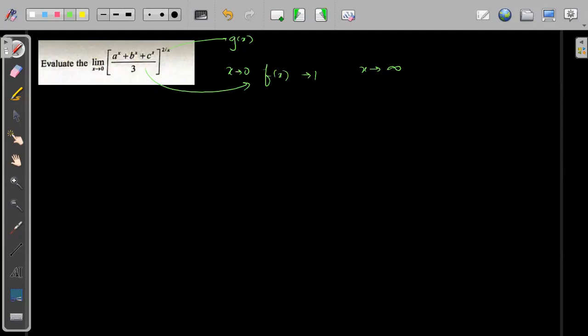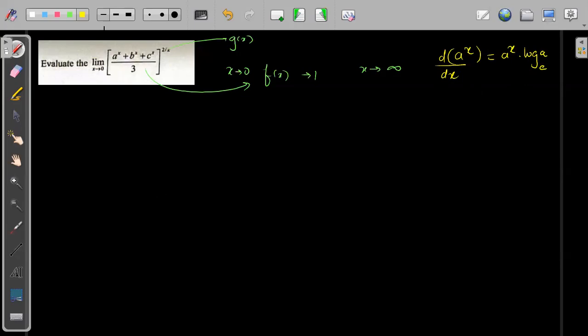Differentiation of a to the power x. If you do not know what is the differentiation of a to the power x, it's okay. I will write it. So d by dx of a to the power x will be a to the power x as it is into log a base e. This will be the differentiation of a to the power x. Okay, so should I solve?